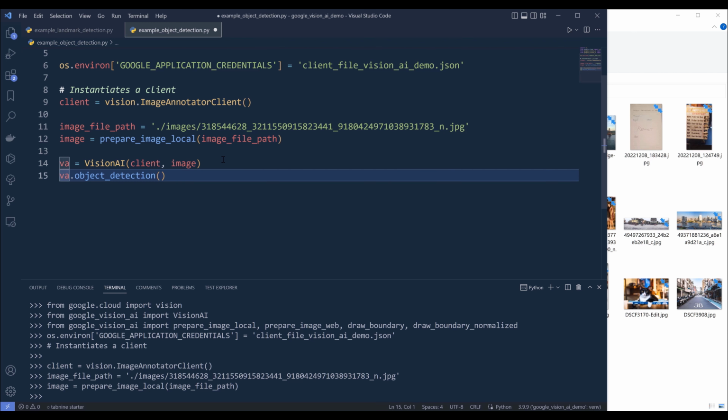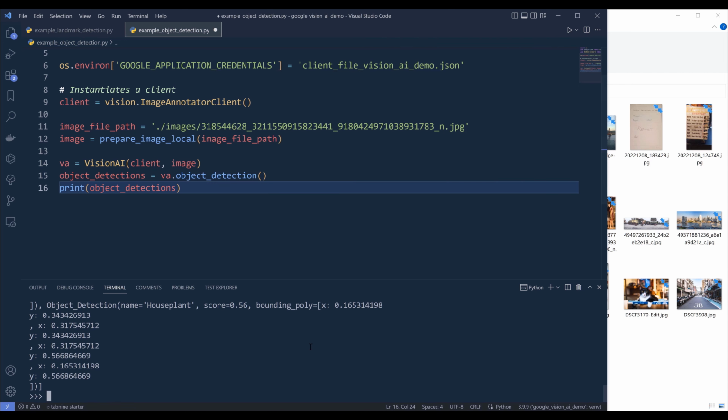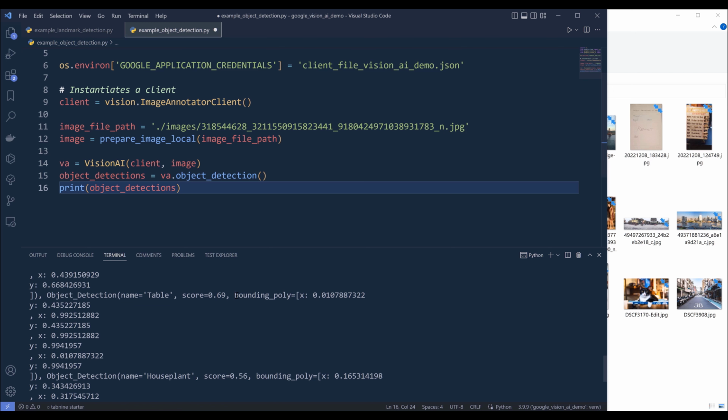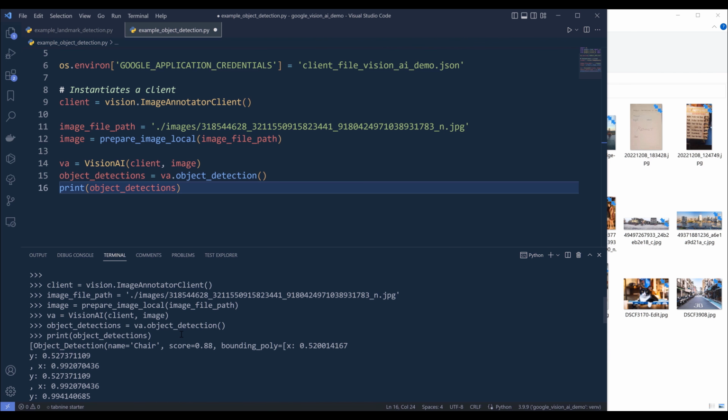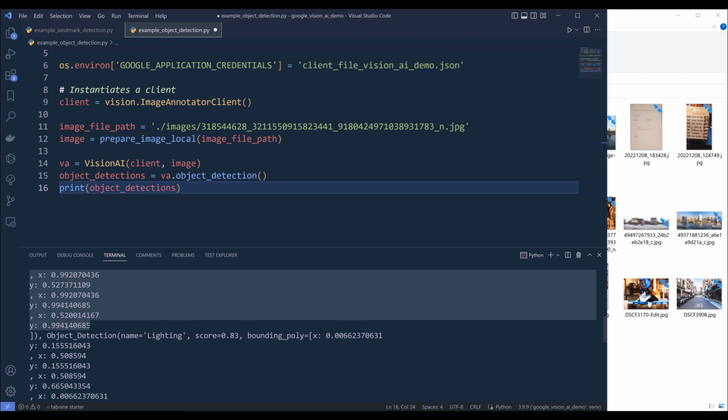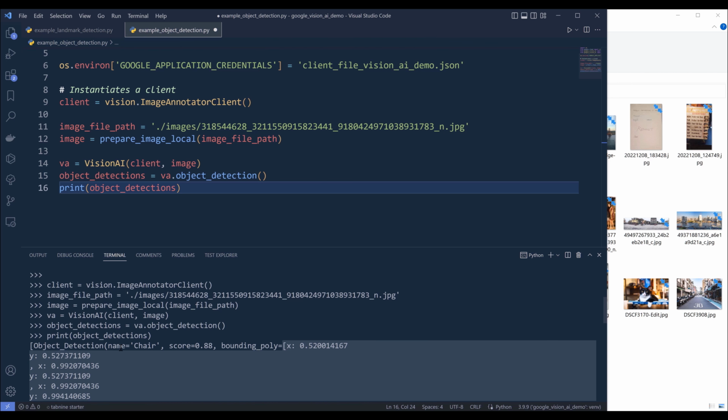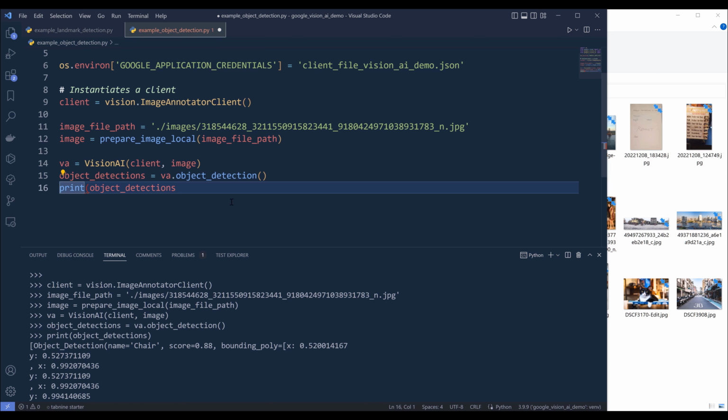Now if I print object detections, it's going to return a list of items. Alright, so we have house plant, table, computer, keyboard, and a couple other things. Now here I want to focus on the bounding poly value. Alright, so noticing that here, the x and y coordinates, the numbers are really small. And the reason being is because those numbers are normalized. So to draw the bounding box inside the image using those coordinates,